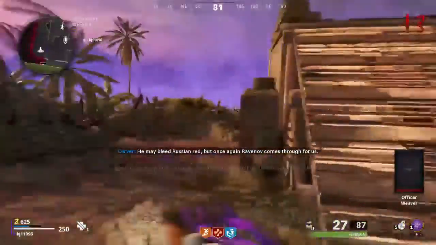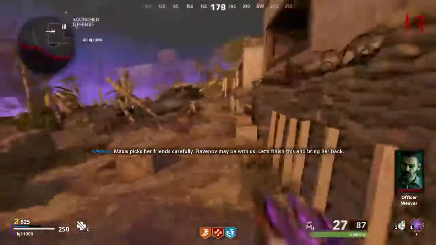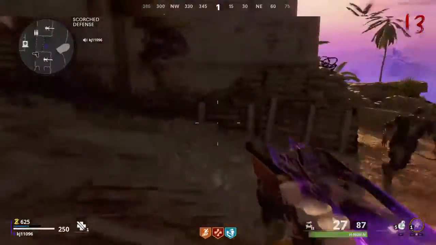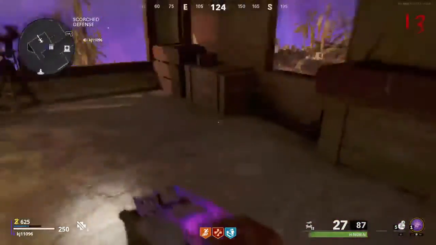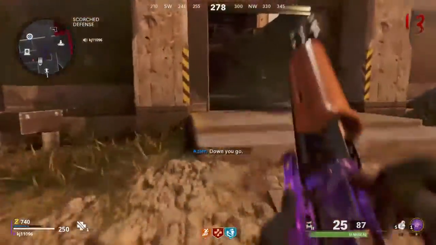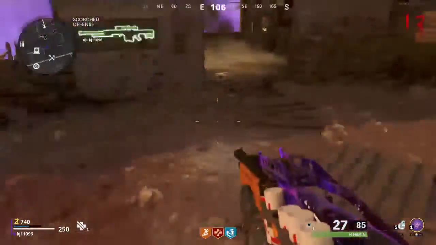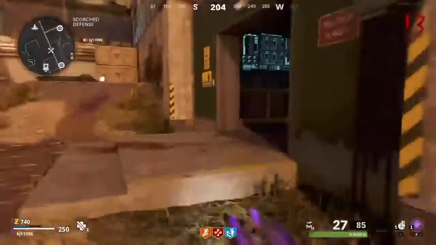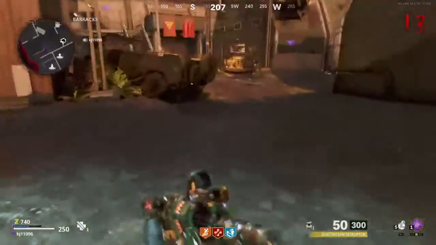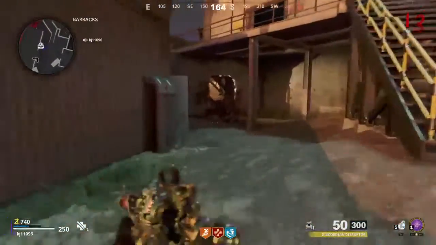Once you have that, you need to find the spade. Now, I have always found it here in Scorched Defense. I'll show you where in a second. Come through here. There it is. Hasn't failed me yet. So, you have 3 locations you can get them from. First one I want to show you, it involves the Ray K. So we go over here,